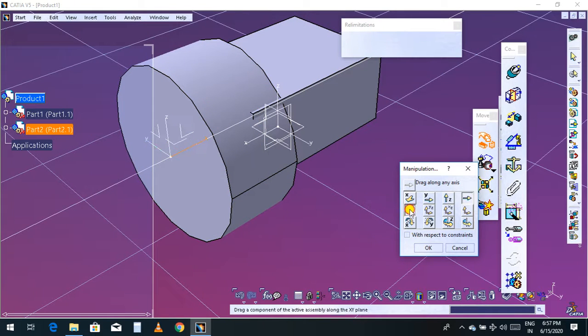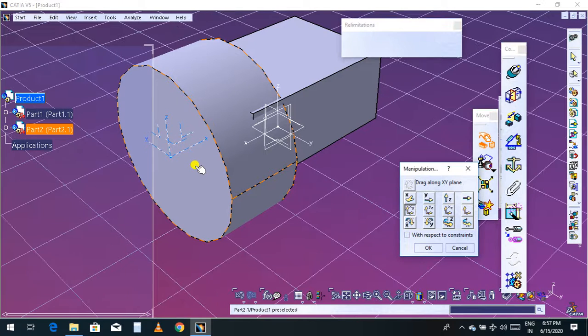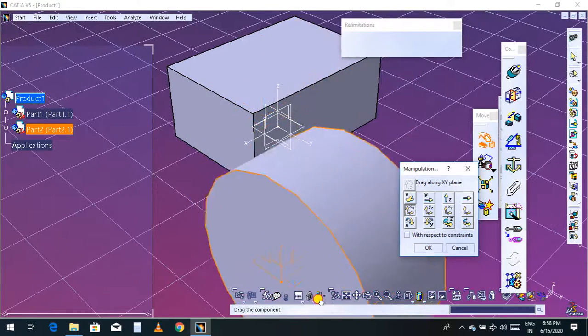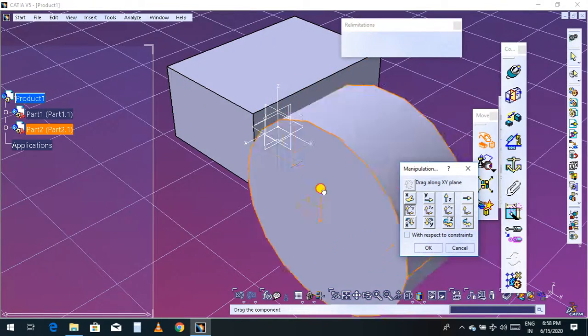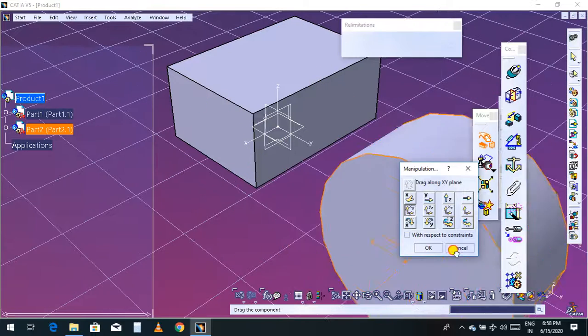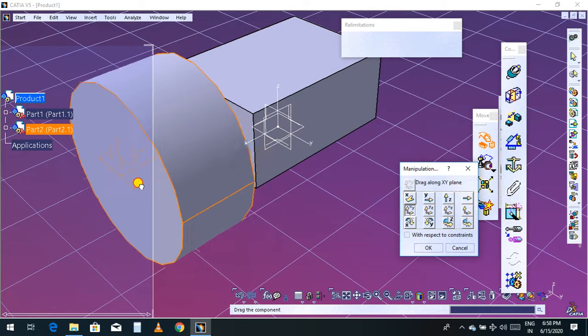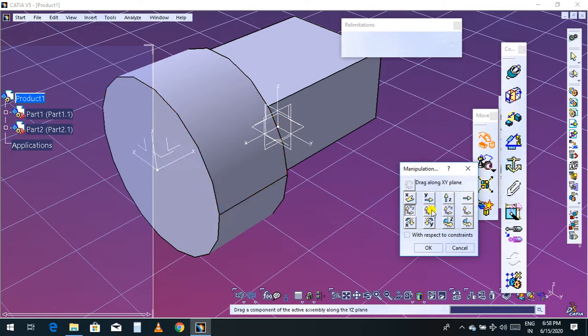And there is an XY plane: select this part, then it will move along the X and Y directions, anywhere in X and Y coordinates.